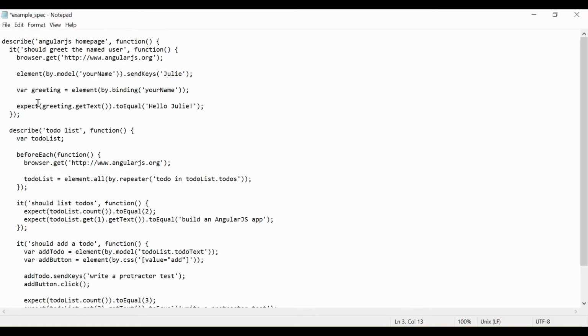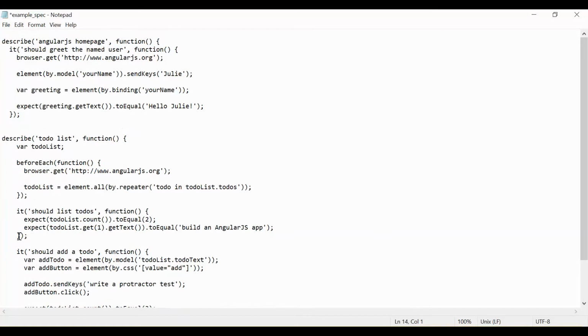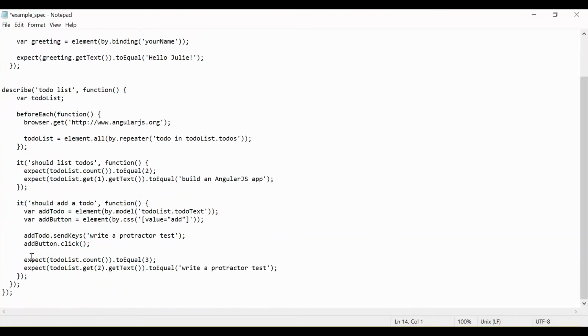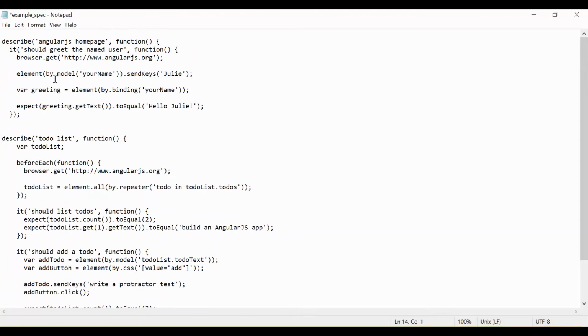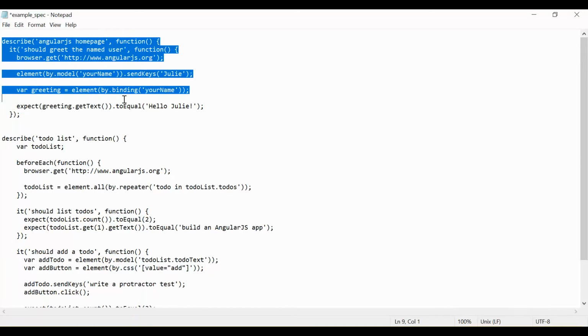As of now you might not understand what exactly it is, so don't worry, I will help you understand, and then we will create a number of test cases using the same. For now, just keep in mind that a describe block can have multiple IT blocks. It's like, if you know TestNG, we use @Test and create separate test cases. For Jasmine we use these describe and IT blocks. So this will be considered as one test case, one spec in other terms.